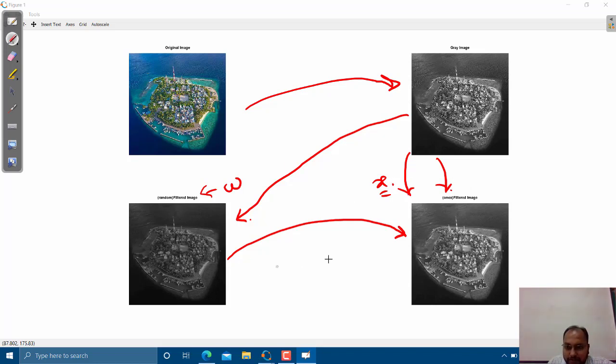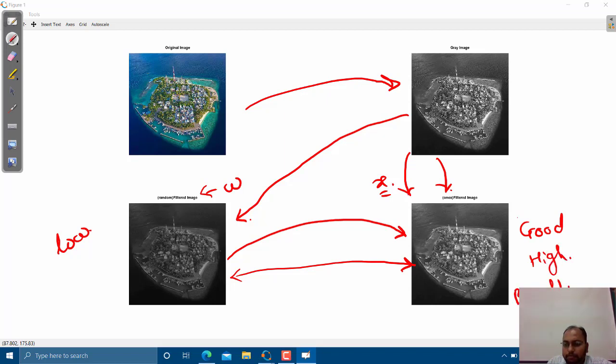So these are two different filtered images. Are you getting it? There are some differences between these two. One has low levels of gray level intensity, and the other has high levels of gray level intensity or brightness. So this is nothing but filtering. I hope you understood filtering.